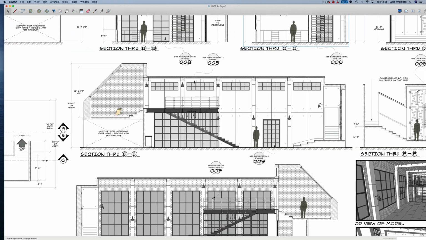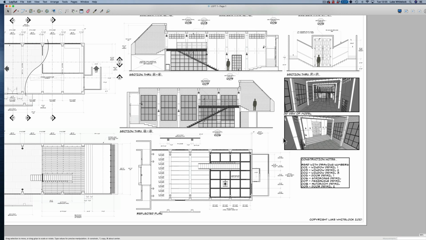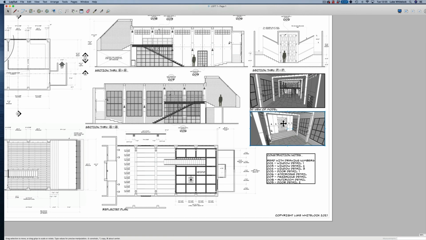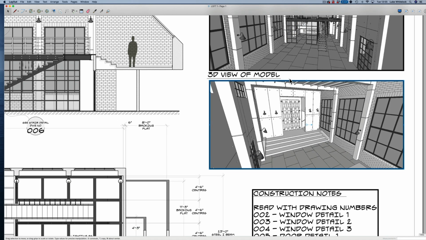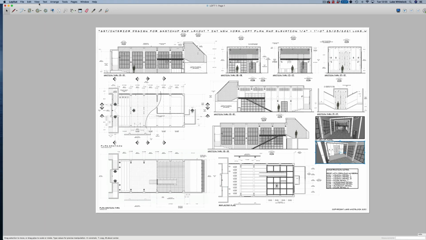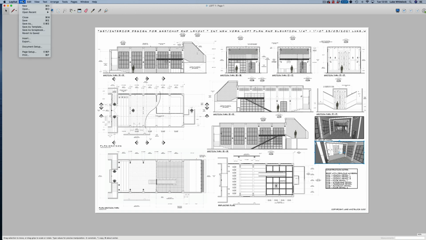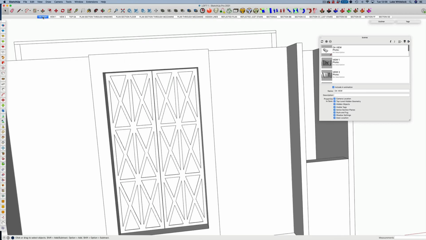So we're kind of happy with all of that now, and we want to look at putting the final touches on to our drawing. Oh, the other thing I've added, I always put some views of the model just to give it a little bit of an extra flavour, so people when they're looking at it can see what we're doing and what it looks like in 3D. So it's always a good idea. So at this stage now we're happy, so we're going to save, and we're going to go back into the model, open the SketchUp, and we're going to do all of our views,